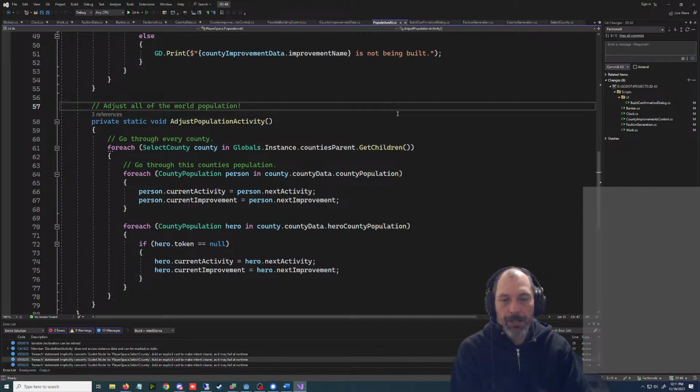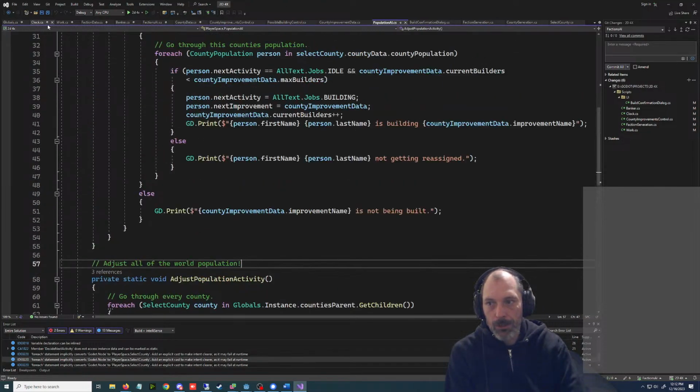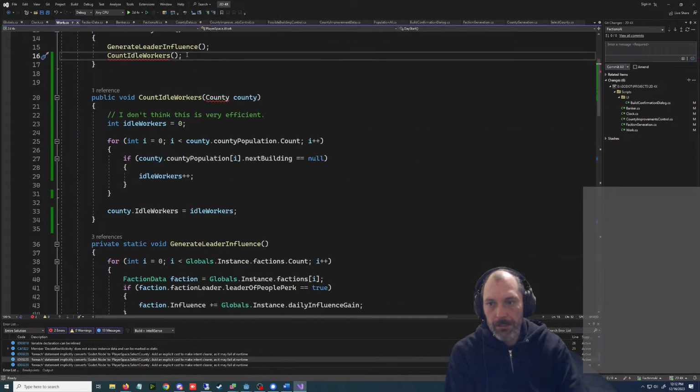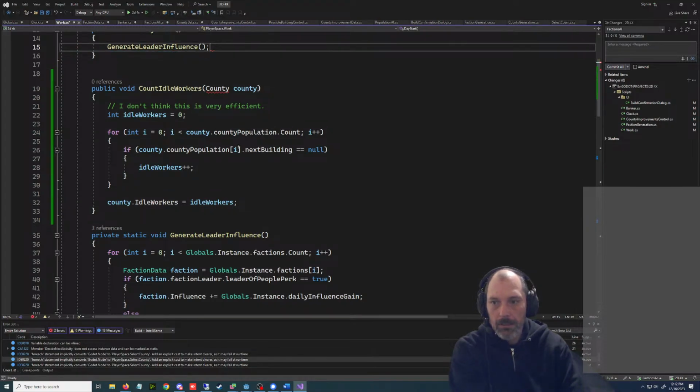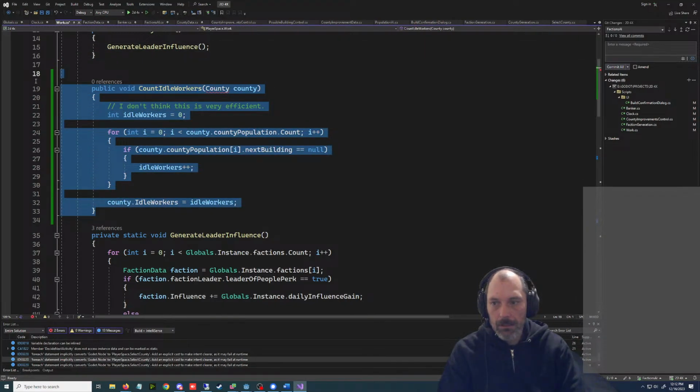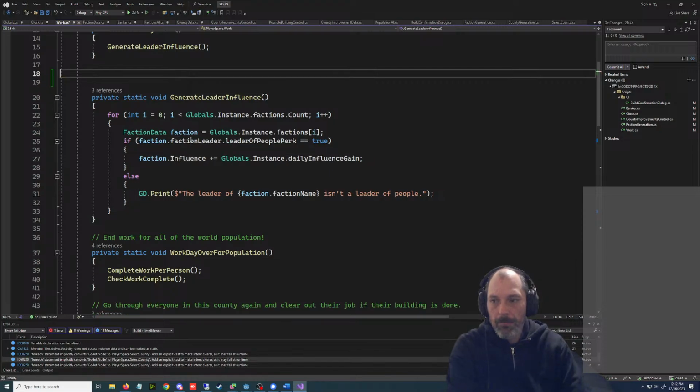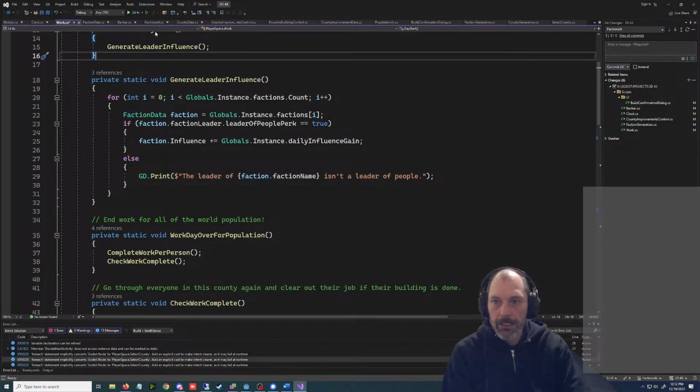So if they're building something that day, but they're idle the next day, I think their next activity would be what we would want to check. And we'll put this count idle people over here, actually. It's kind of an interesting conundrum.